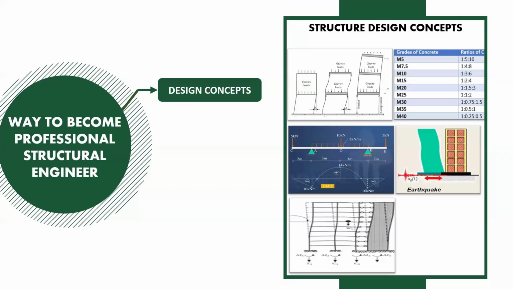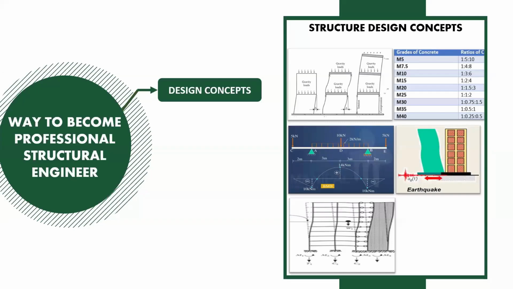If I'm going to deal with a G+5 floor building, whether I need to consider only gravity load or also the lateral load, how my structure is going to be deformed under the lateral load and under the gravitational load, what the shear force diagram will be, what the bending moment diagram will be, what will happen if my structure is subjected to lateral load, what is the concept of property modifier, what is the concept of stiffness modifier, what is the earthquake loading, and how the earthquake load is going to impact the stability of the structure. A lot of things are there